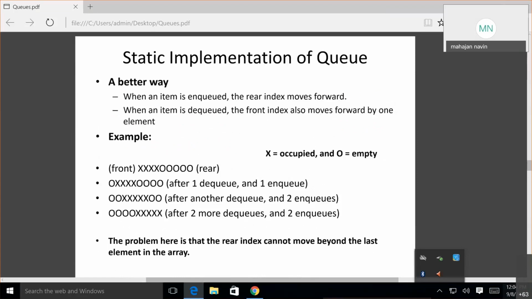No. See this red mark, red circle. No, sir. Fine. Okay.